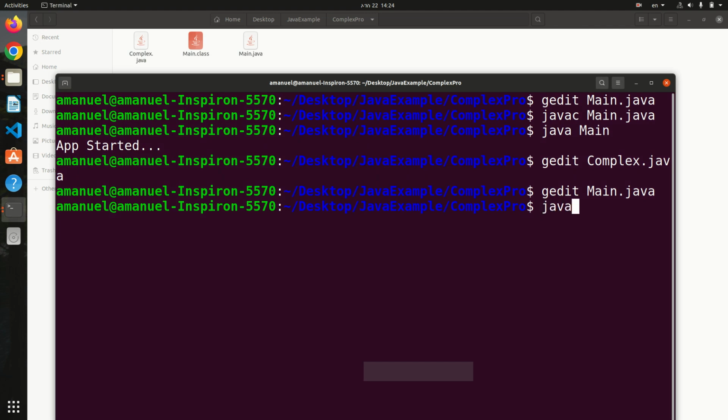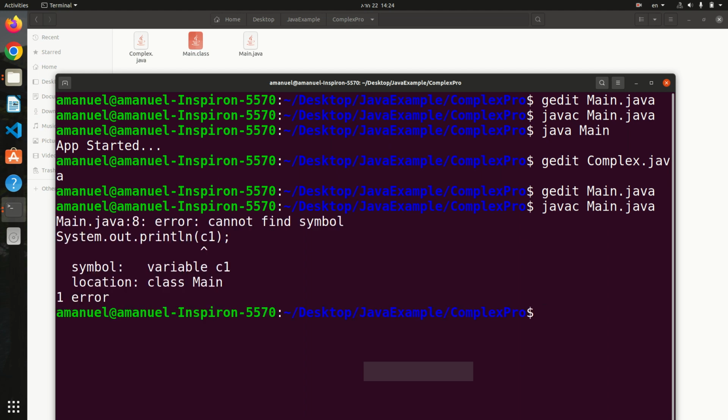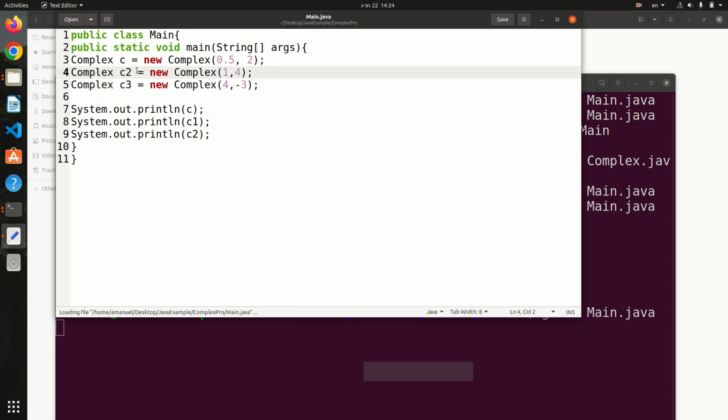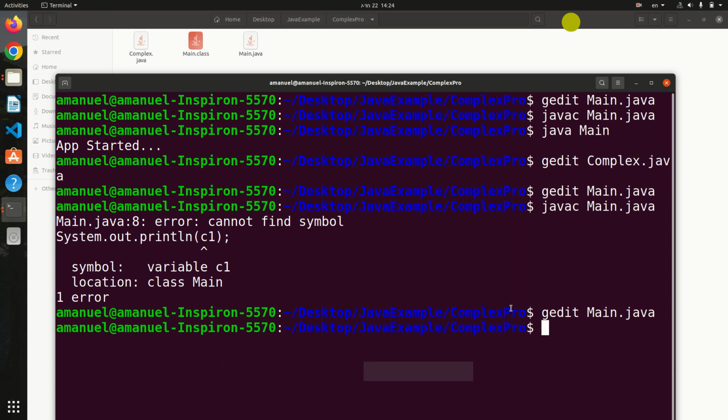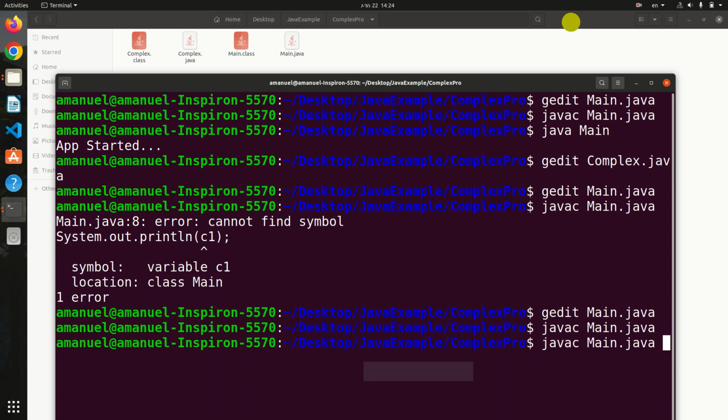Now to run, I just type java c .main.java. I think there is an error. Yes, I have C2 and I have C3, but I don't have C1. That's correct, because C1 is not available. Everything is running, and to run it once again,